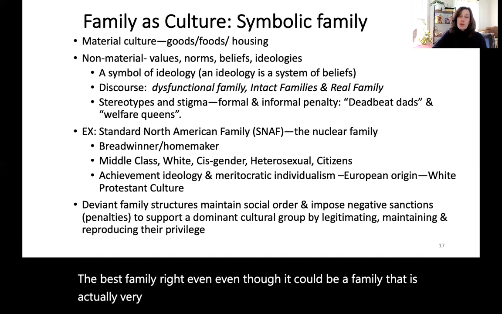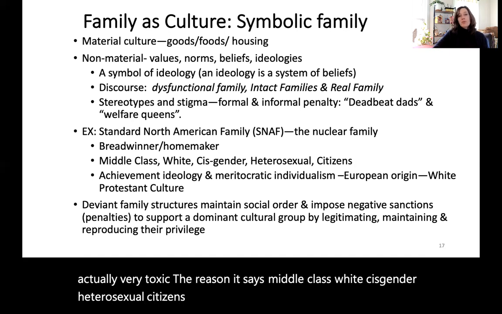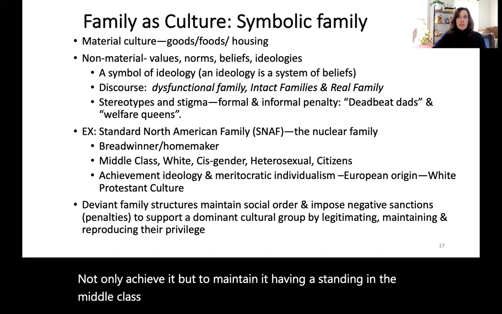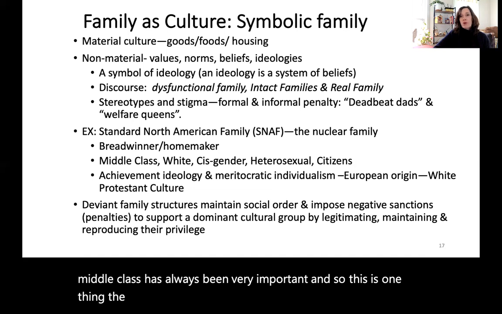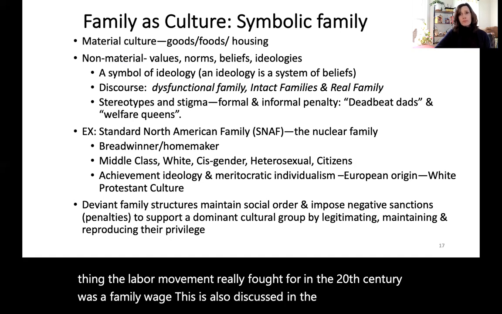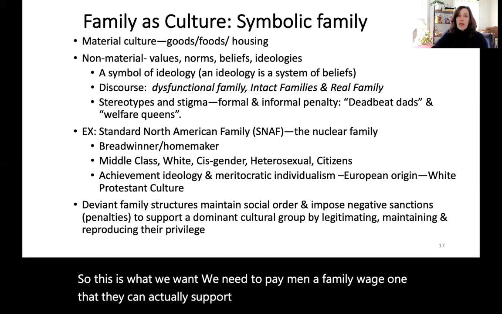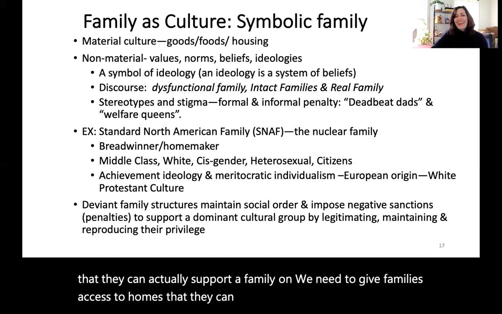The reason it says middle class, white, cisgender, heterosexual citizens is that to not only achieve it, but to maintain it, having a standing in the middle class has always been very important. And so this is one thing the labor movement really fought for in the 20th century, a family wage. This is also discussed in the first chapter. So this is what we want. We need to pay men a family wage, one that they can actually support a family on. We need to give families access to homes that they can actually afford, right? All kinds of